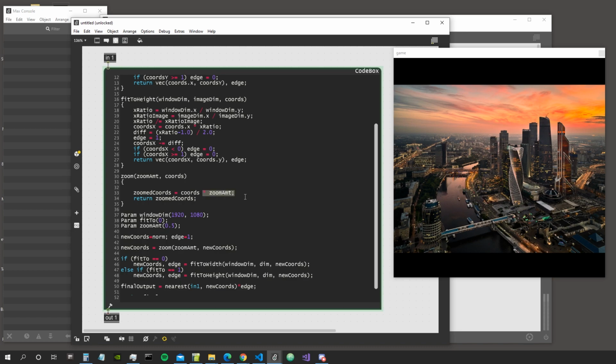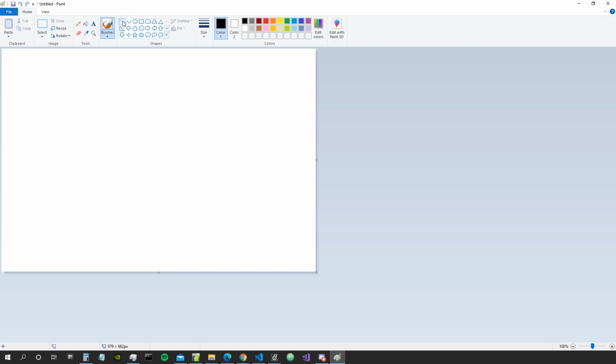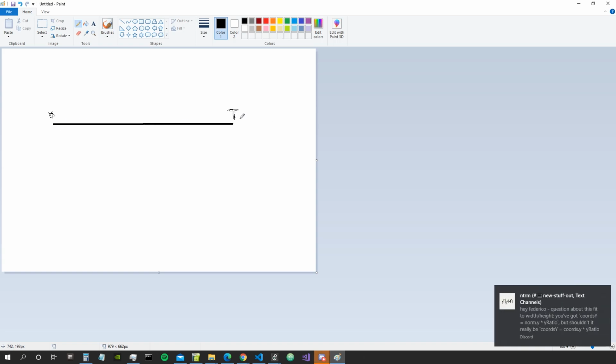So to do that, we just need to subtract 0.5 from the coordinates. So let's make a little paint. Let's imagine these are our coordinates that go from 0 to 1. If we subtract 0.5 from that, so let's say this is our x coordinates, then basically,